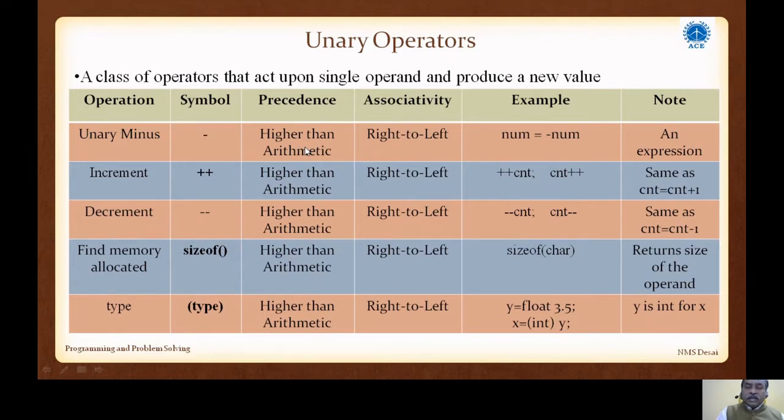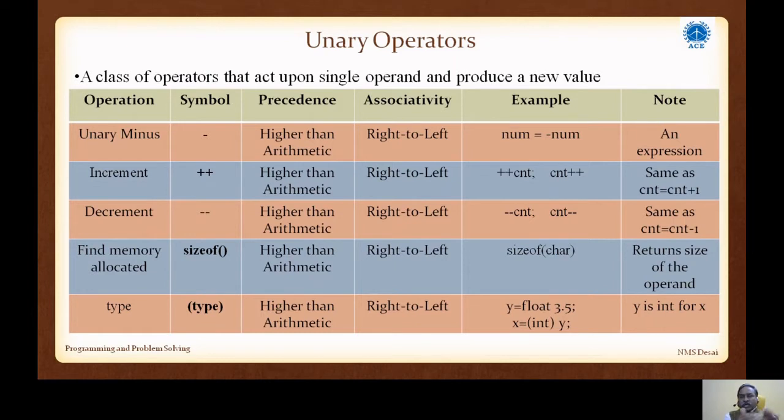That means the unary operator minus has the highest precedence when it comes to its meaning in the expression, higher than the multiplication or division operator. Again, its associativity is right to left. What is the meaning of this? When I take A plus B,